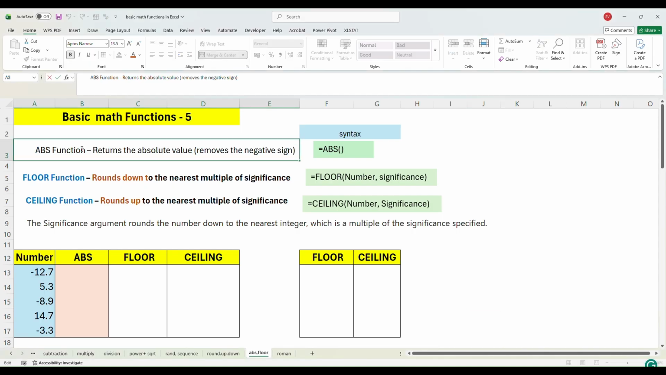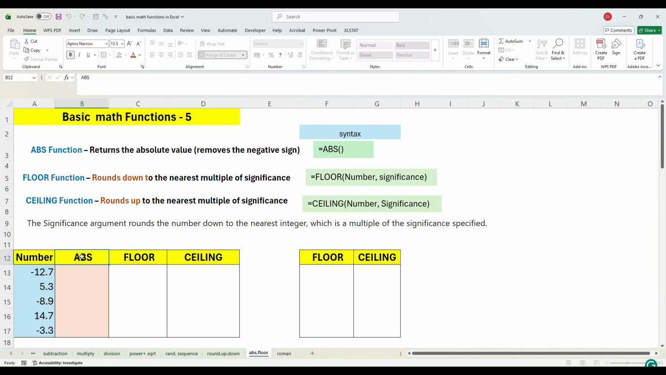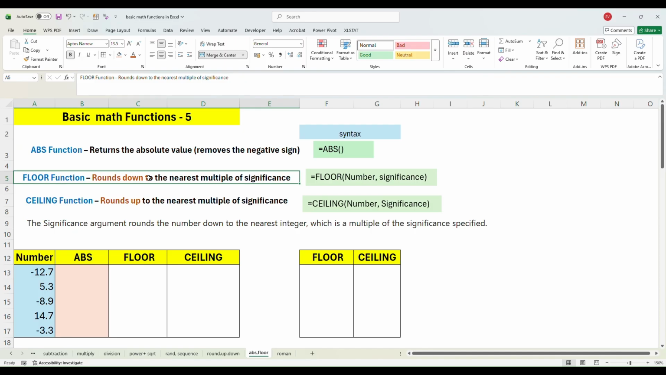The absolute function returns the absolute value of that number. So if you have a negative number or a negative integer, it removes the negative sign. So that is what the absolute formula will give you. And the floor function will round down to the nearest multiple of significance, and the ceiling will round up to the nearest multiple of significance. So the syntax for floor is equal to FLOOR, and within the parenthesis you have